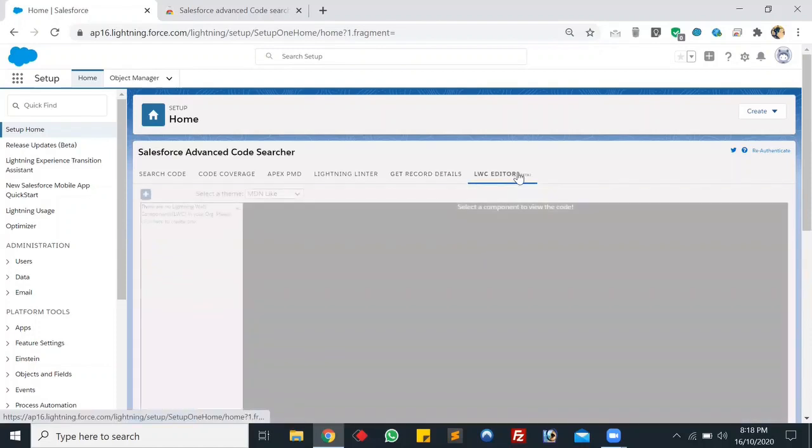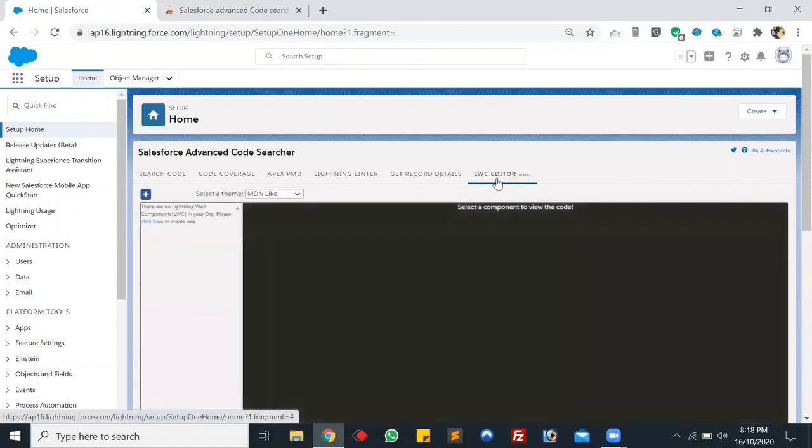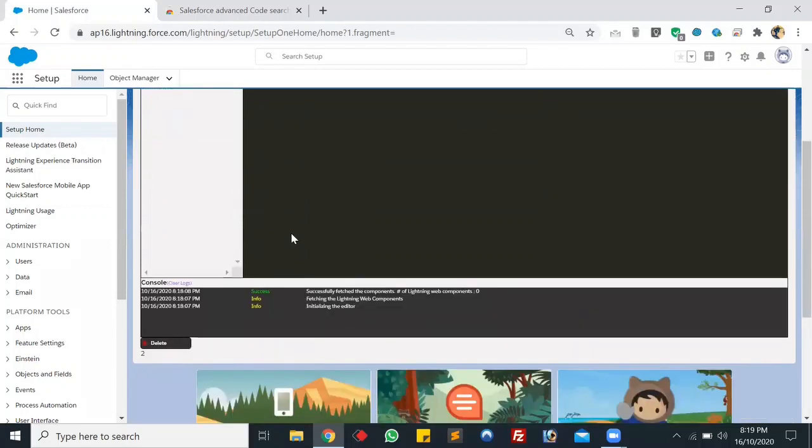And after that guys, we have another feature here. It says LWC Editor. So I think it is just an editor for the Lightning Web Component. Like you can use VS Code, and I think this is the default editor in Salesforce for LWC. As we don't have any component here, that's why it's not displaying. And we have different themes here. I think once we add a component, the particular theme will be changed accordingly.